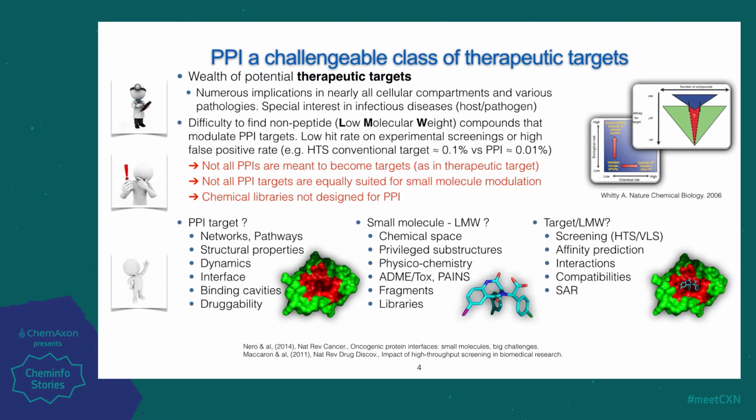And another aspect concerning the small compound, the chemical space, the existence of privileged substructures and the nature of the small compounds that are used to identify initial quality chemical probes. And the purpose of iPPI-DB is to provide the community with tools to better calibrate the type of compound that should be